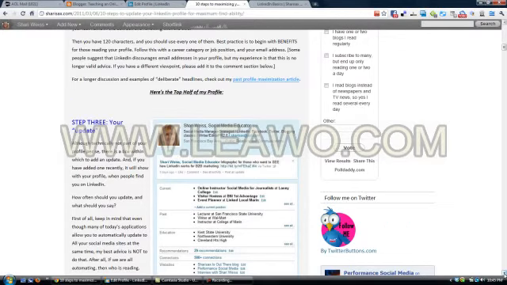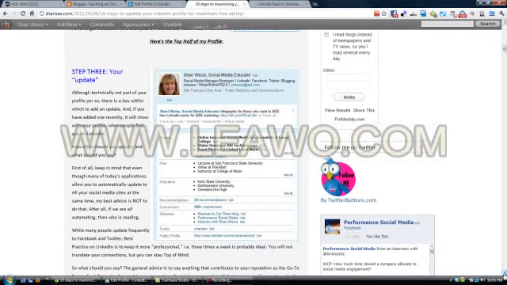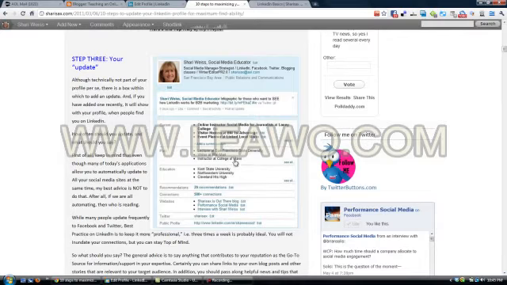The article 10 Steps to Update Your Profile does talk about recommendations, and it's very good to have somewhere between 20 and 30. Any more than that might be overkill, because who's going to read all of those recommendations? And if you have so many and some of them are weak, the weak ones might be the ones that people look at, and that won't do you any good.